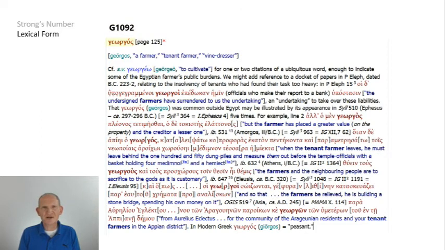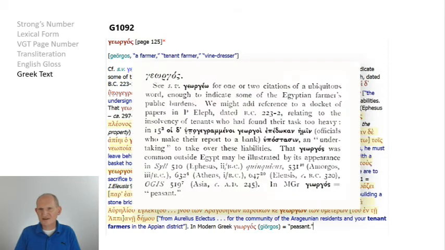Notice this is followed by a page number. This is the page number where the entry appears in Moulton and Milligan's book, in case you want to cross-reference it. This is followed by a transliteration and an English gloss. Notice also I've added some Greek text. When you go back to the scan of the page from the print edition, you see that Moulton and Milligan list some ancient sources where this word is found, but they don't provide the text.